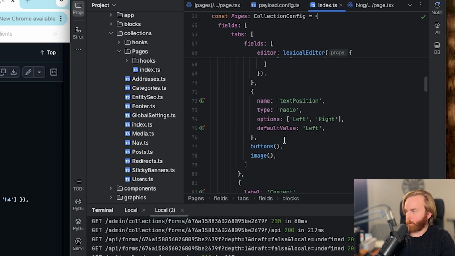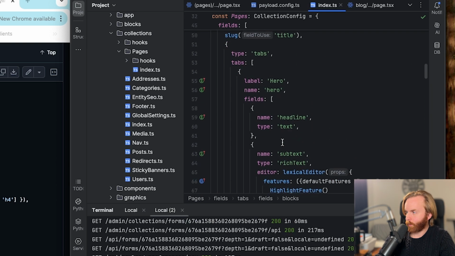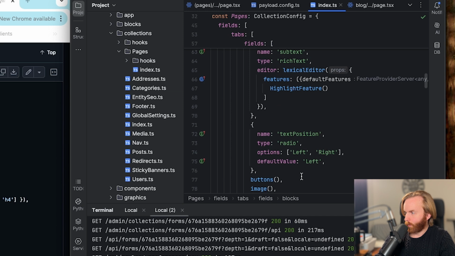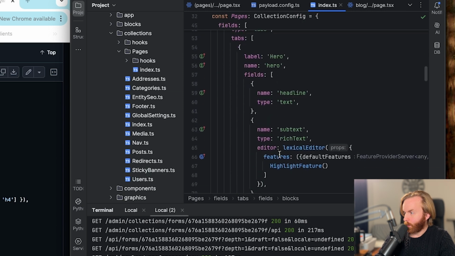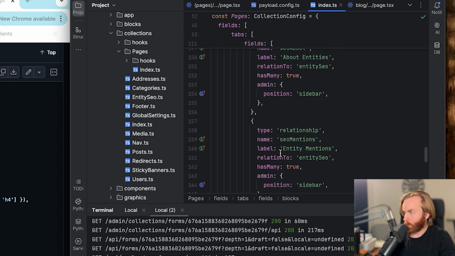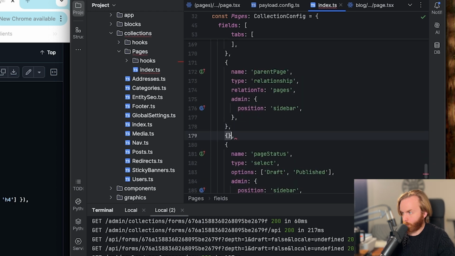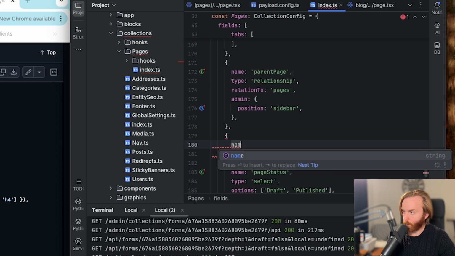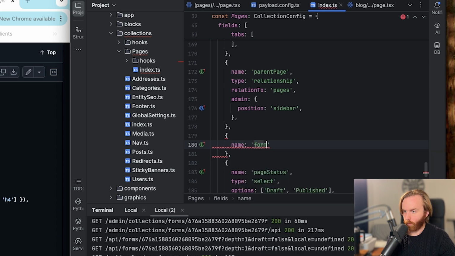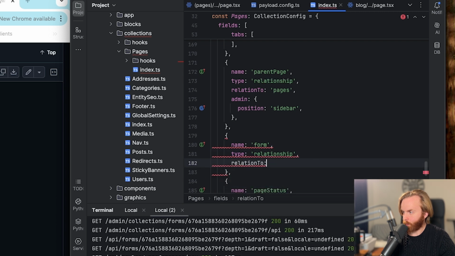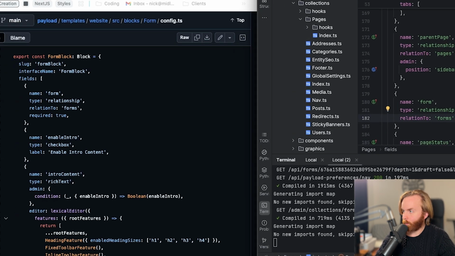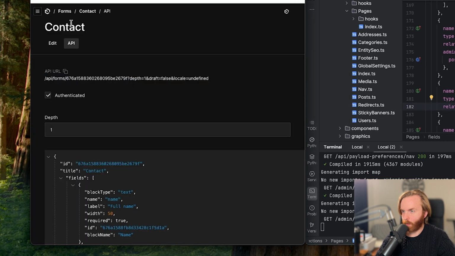So we'll put it in our hero section so it's easy to find. Well, actually we can put it in our sidebar. That would be even easier to find. So, okay, right here we'll do name, form, type, relationship, relation to, forms. It's not going to be required. All right, so we can then go back over to our